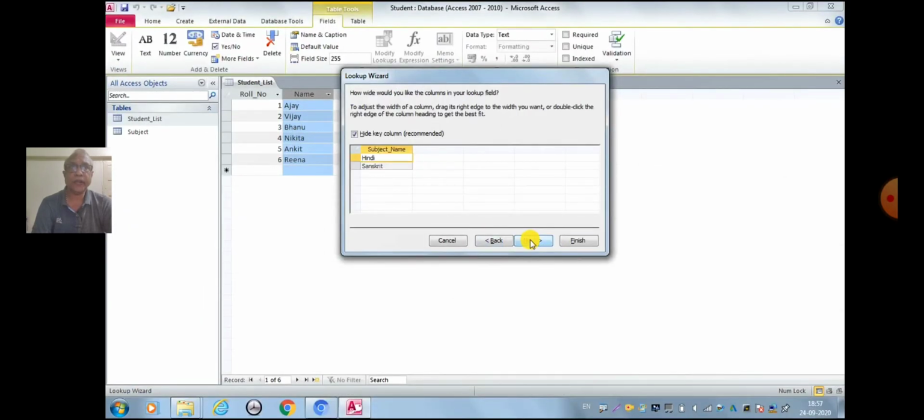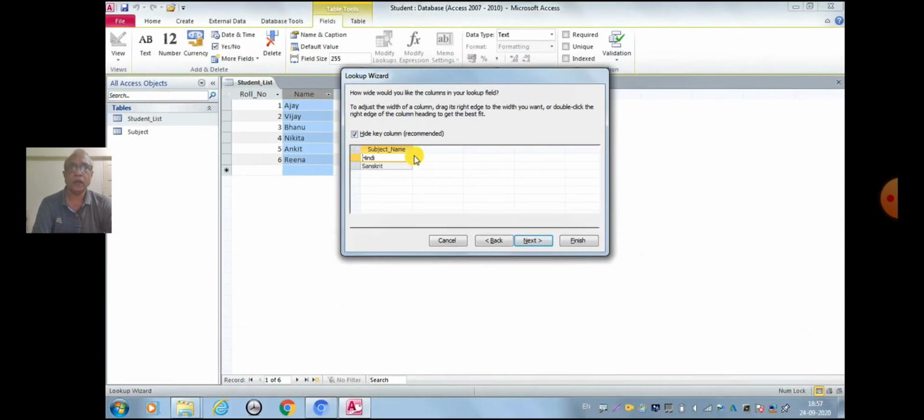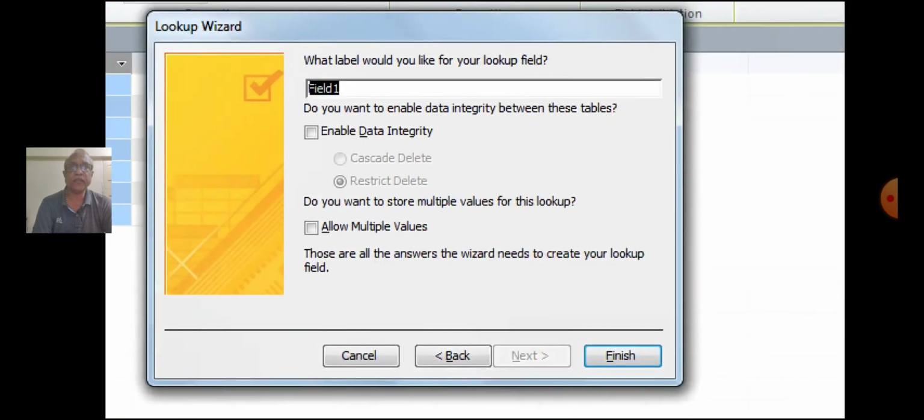Now in the next screen, the width of the lookup column is to be specified. The width of any column can be adjusted by dragging it from the edge of the field. Click on the Next button. The lookup wizard will ask you to specify the field name for the lookup column you have selected.